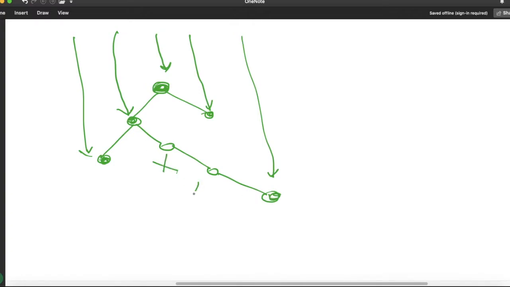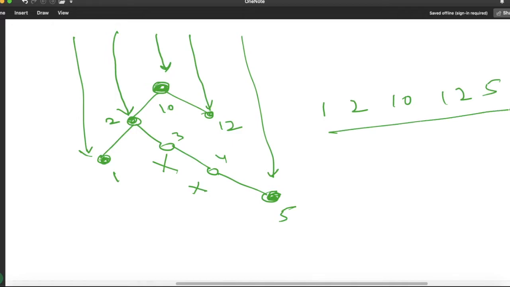So this one and this one won't be printed. Suppose the values were 10, 12, 2, 1, 3, 4 and 5. So our output will look like 1, 2, 10, 12 and 5.